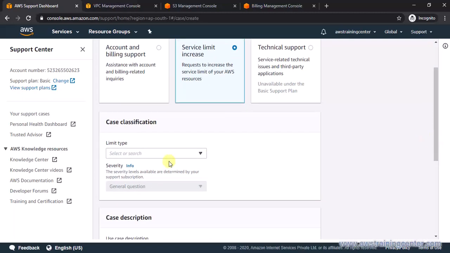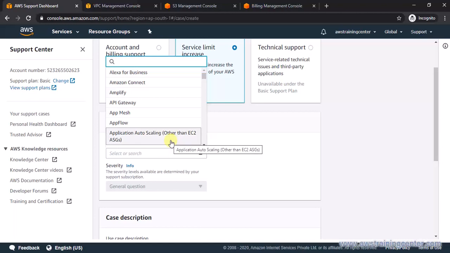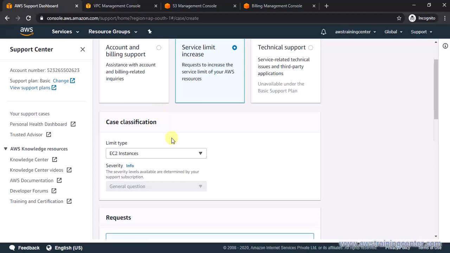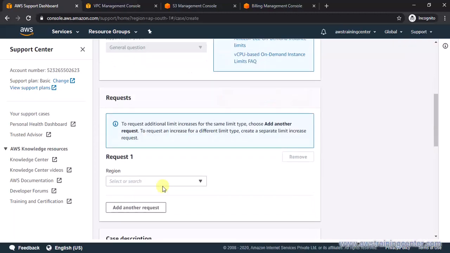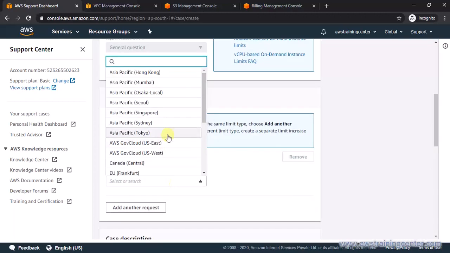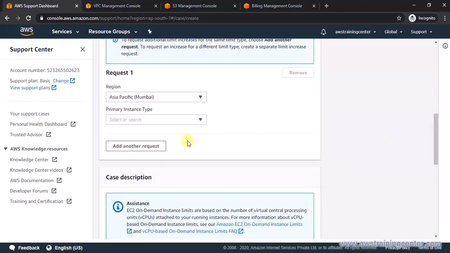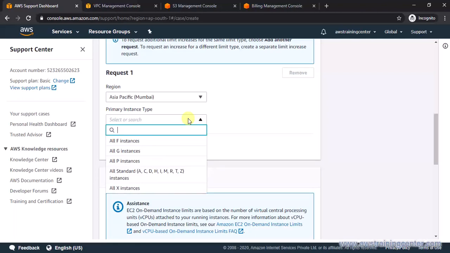So here you would have to select the limit type. Always select EC2 instances, and then it will ask which instance family and in which region. So I want to increase the limit in, say, the Mumbai region. Now for a different region, typically you would have to create a different support case.